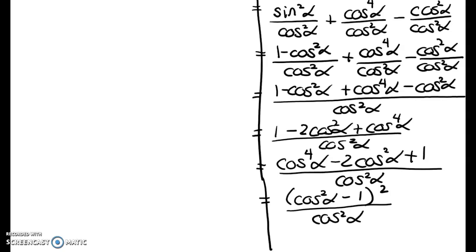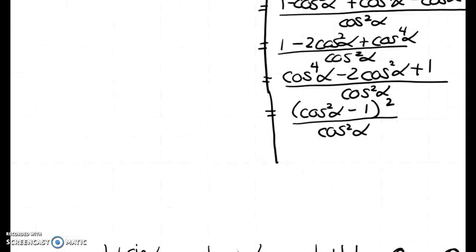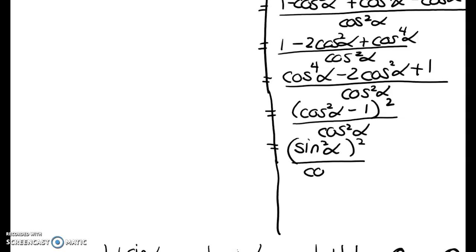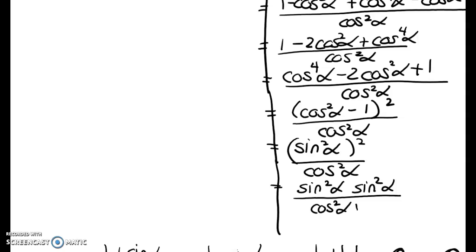And now I look at that and go, cosine squared alpha minus 1 is negative sine squared alpha, so this is sine squared alpha squared. And I think we're getting really close to the end. So I'm going to split this up and say sine squared alpha times sine squared alpha over cosine squared alpha. This turns into tangent squared alpha, and I think